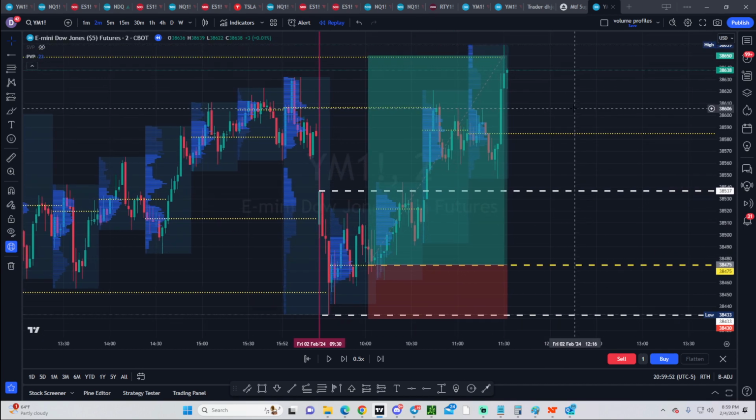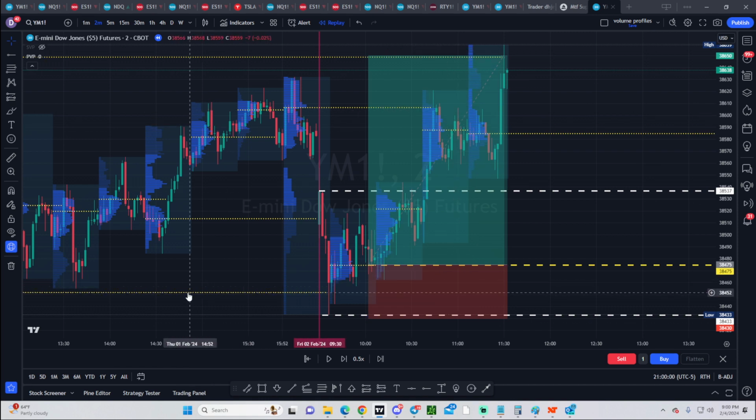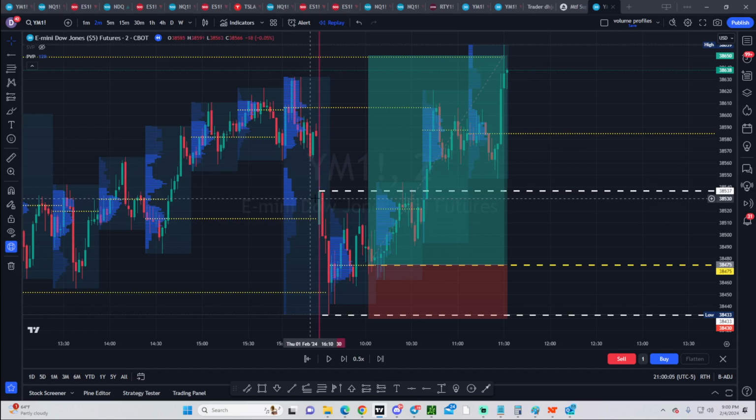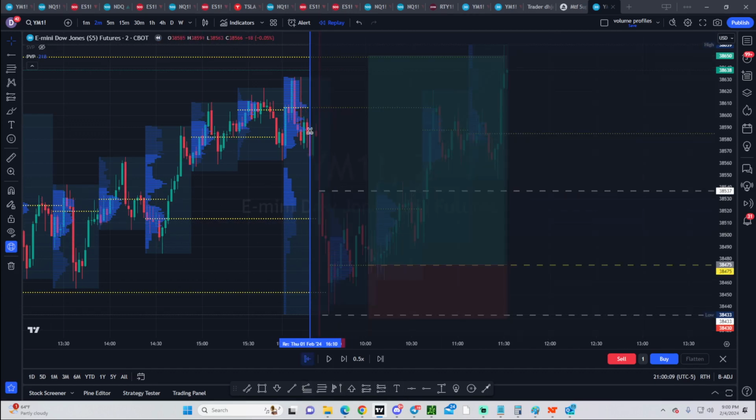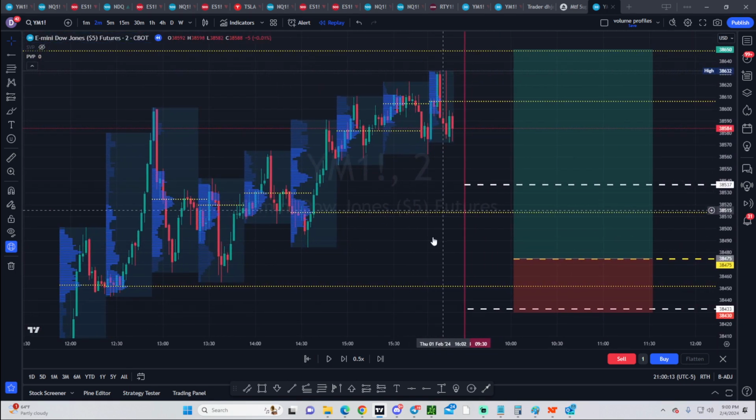Now, I didn't cherry pick this particular trade. It just happened to be that way that I had a POC here and I had one here. I did not see what happened here, so I would like to go back to when we touched that. So let's go back to this candle here and see where the market opened. So as you can see,